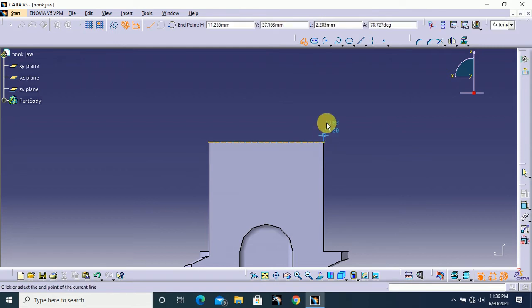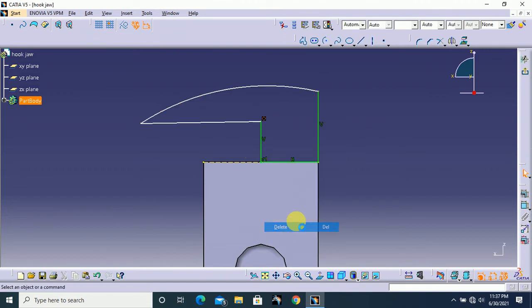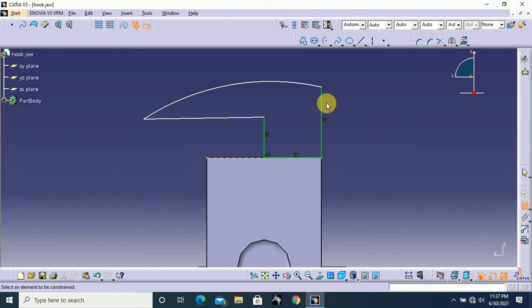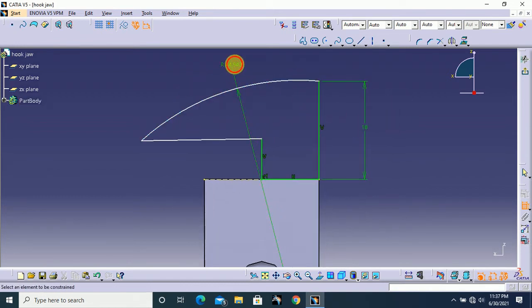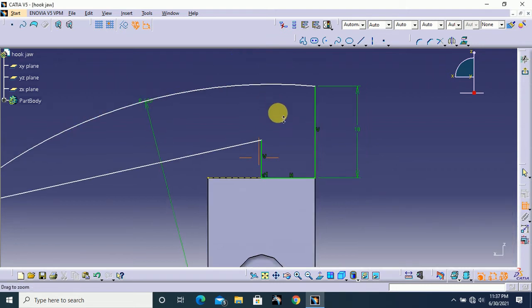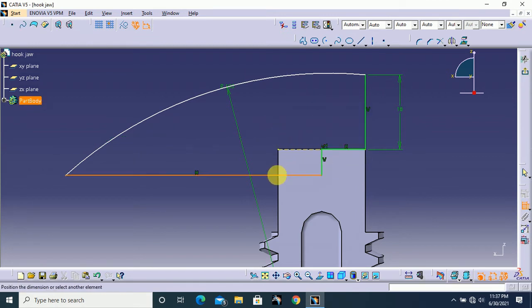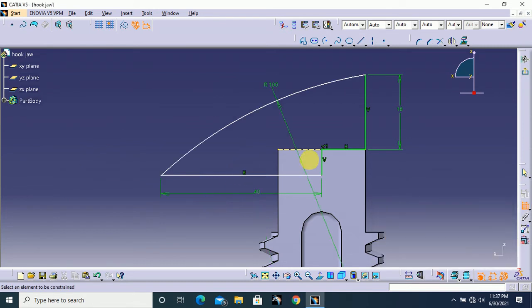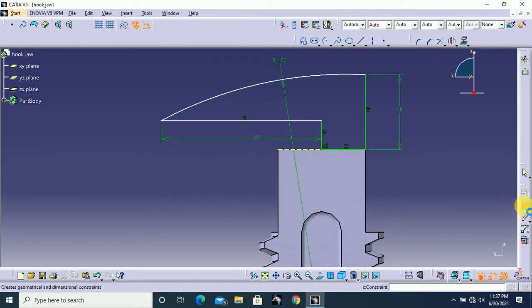I select profile and draw one profile like this. Here I use this 3-point arc. Write this relation and the dimension. This one is 18 mm. This radius 100 mm. This is a horizontal line, and this one is 40 mm. And turn off this constraint mode and drag this point up to here, and again go to constraint,